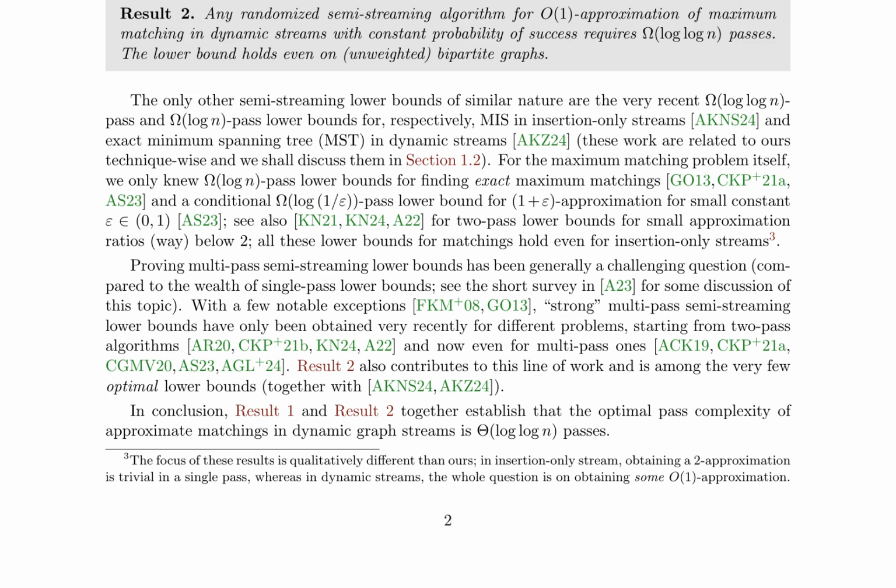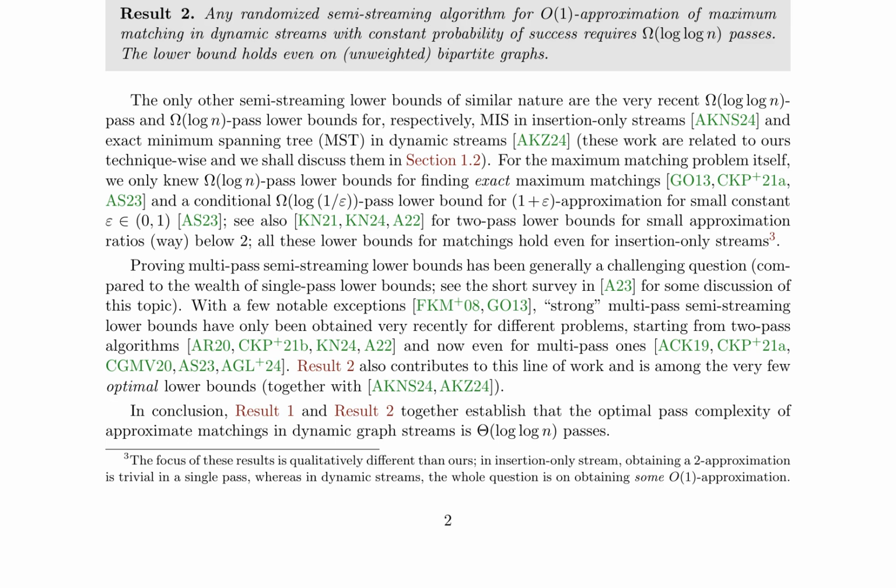Together, these results establish that the optimal pass complexity of approximate matchings in dynamic graph streams is theta log n passes. This research contributes novel techniques and improvements over existing algorithms and lower bounds for the maximum matching problem in dynamic streams. The findings have significant implications for the field, providing a deeper understanding of the computational complexity of dynamic